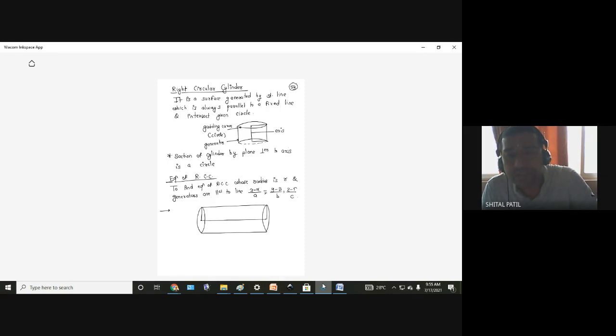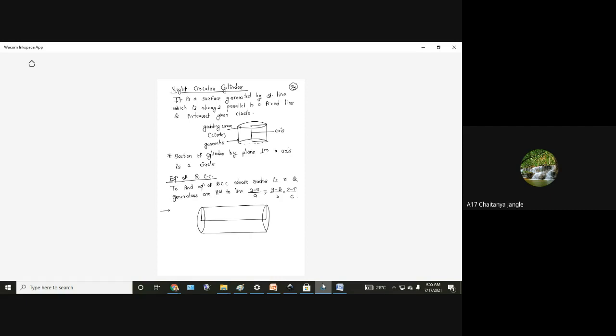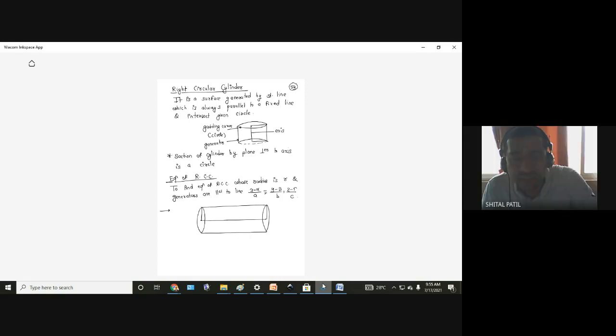जनरेटर्स आर पैरेलल टू which line? हाँ, all the generators I showed you some time before, all the generators are parallel to the axis, na? So it is the equation of axis of the cylinder. Okay, so equation of axis of cylinder